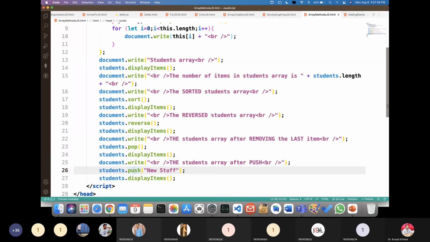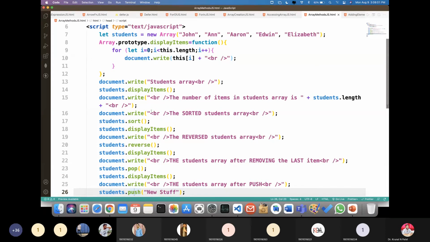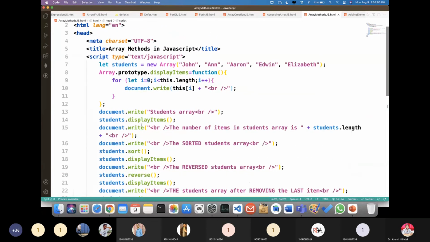Here you can see, along with this, we can also use predefined methods. If I want to create my own method, then I just need to use the syntax Array dot prototype and then my function name, right? So this is the magic of the Array object, right?